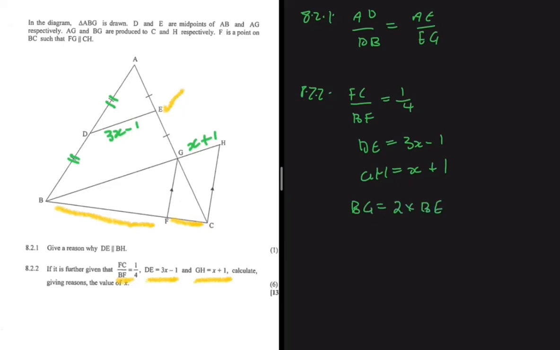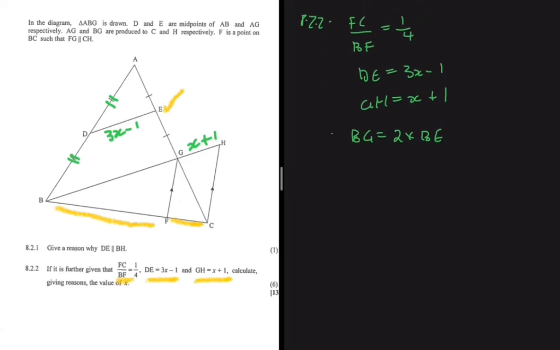DE will only cut AB and AG such that AD is equals to DB if DE is half of BG, or if BG is twice DE. So the reason we can give here for this statement is that AD is equals to DB. This statement is only true if AD is equals to DB. So if we say that, you will realize real quick that BG now becomes 2 multiplied by 3x minus 1,